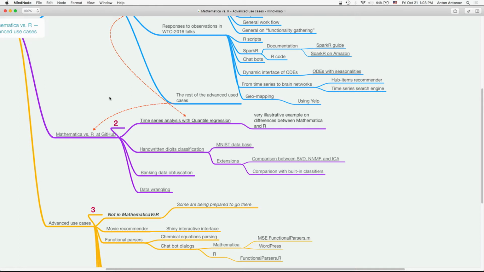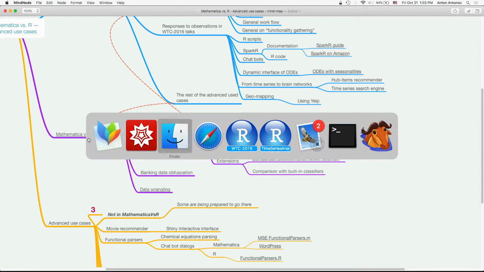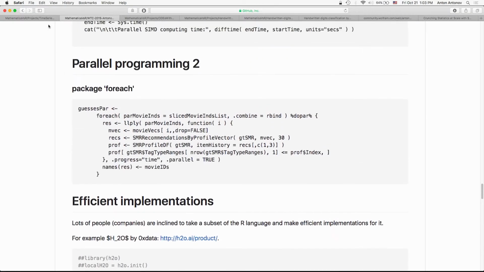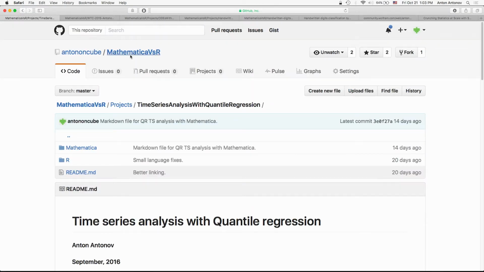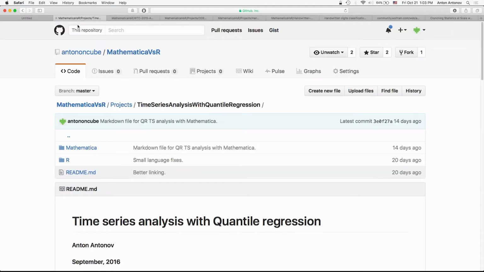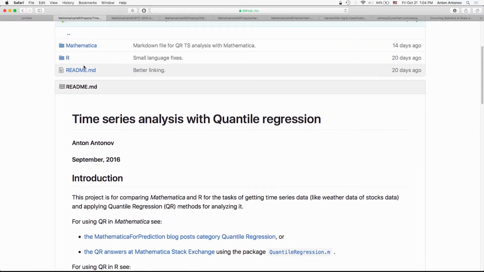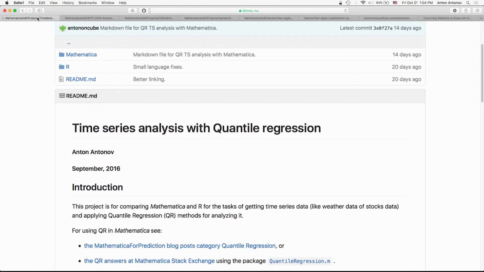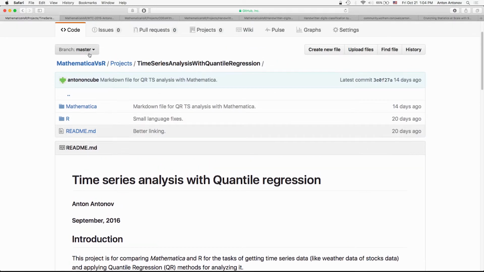There's a GitHub repository with this comparison. It's called Mathematica versus R. Unfortunately, GitHub is down. During lunchtime, I was informed that this is the case. So if I click, say, this, basically nothing is happening. Anyway, I do have some of these notebooks preloaded here. In principle, I'm not going to dwell on this. When you can go to the GitHub page, Mathematica versus R, it has an opening page and a nice breakdown of the different